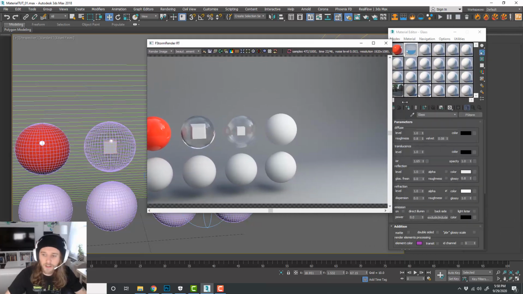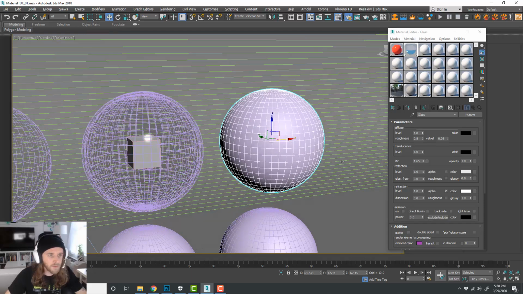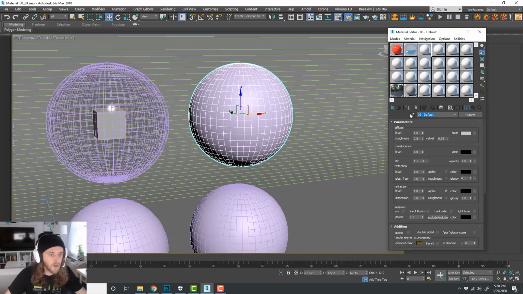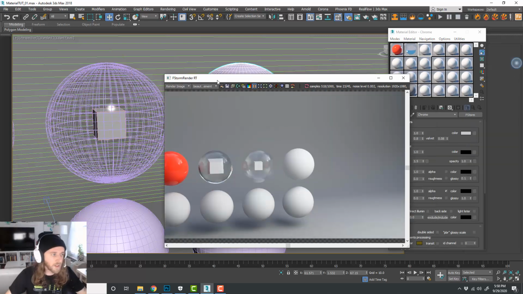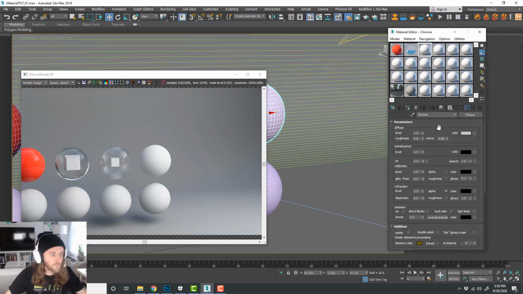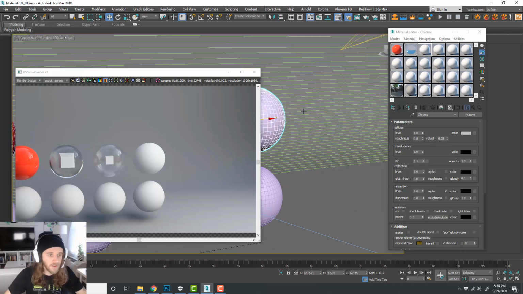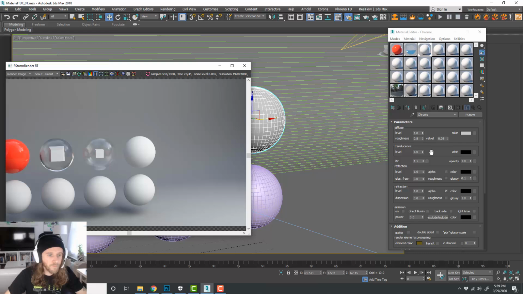Okay, so the next quick material that we're going to look at doing is going to be chrome. So we'll go ahead and create our chrome material. And when I say chrome, I mean more of a metallic material. It could be chrome, it could be gold, it could be bronze or brass or something like that. But in this case, we'll just create a chrome material, and we'll apply that to our object. We have it selected here. And chrome, we'll do,